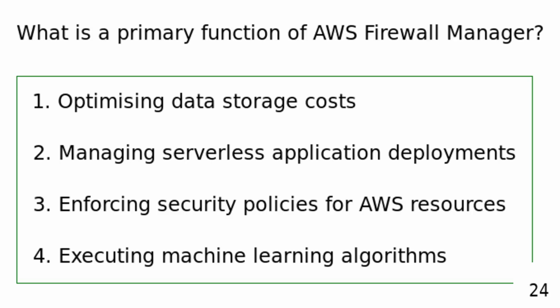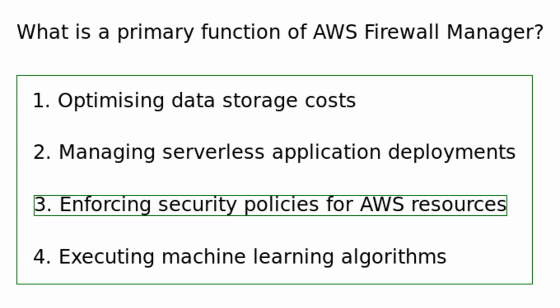What is a primary function of AWS Firewall Manager? Optimizing data storage costs. Managing serverless application deployments. Enforcing security policies for AWS resources. Executing machine learning algorithms. A primary function of AWS Firewall Manager is to enforce security policies consistently across AWS resources to maintain a secure